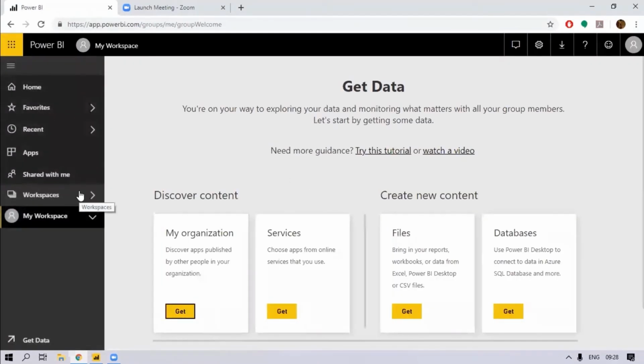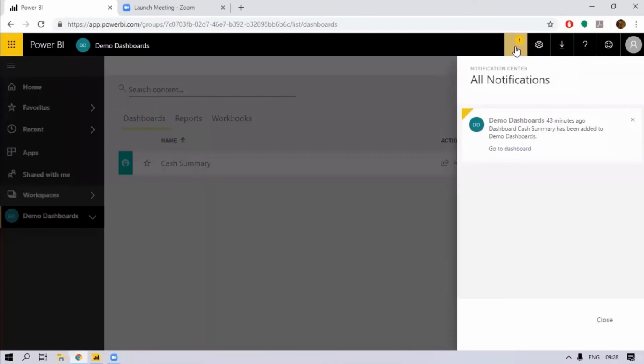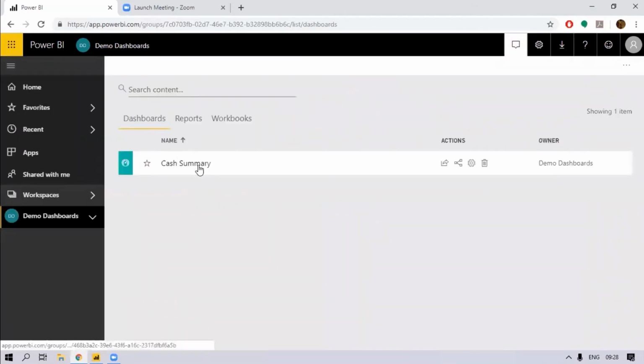And now if I go to the workspaces again, you can see that I've added her there. I can click on demo dashboards and oh, there's a notification. Let's see what it is. Demo dashboard cache summary has been added to the demo dashboard. So it's notifying me that I was added there. And now if I go to the cache summary,